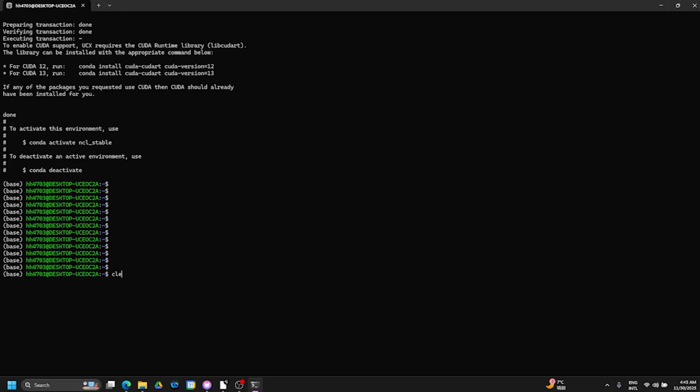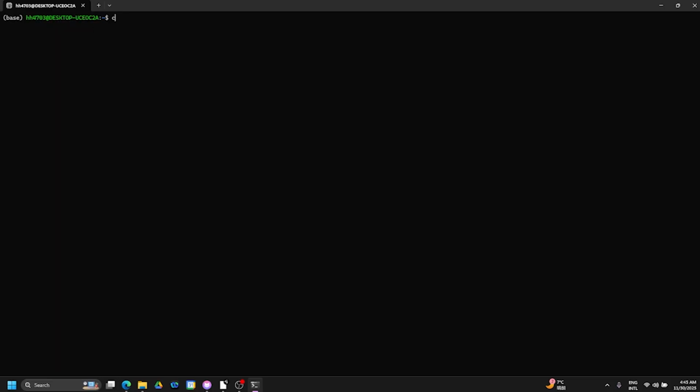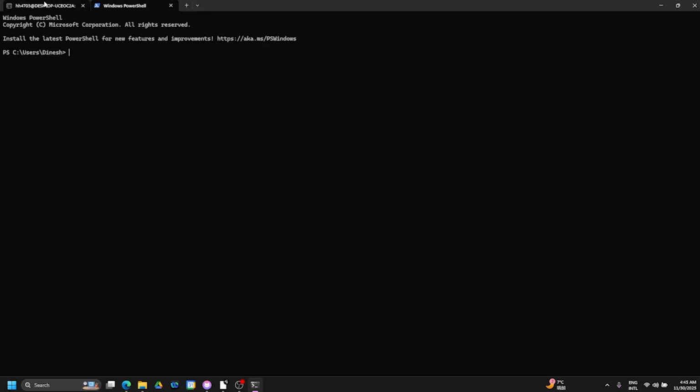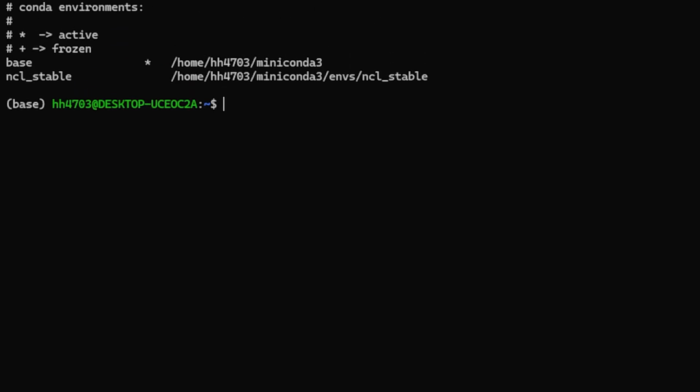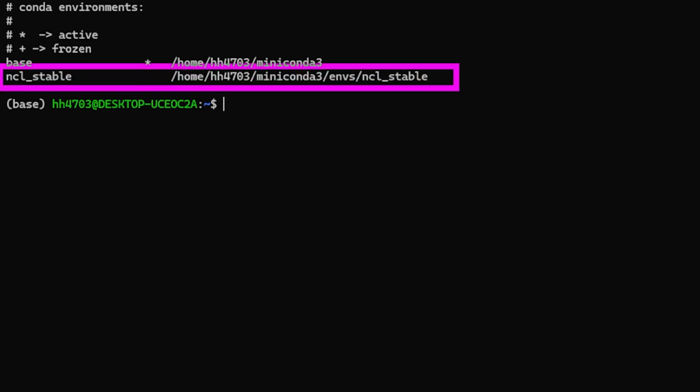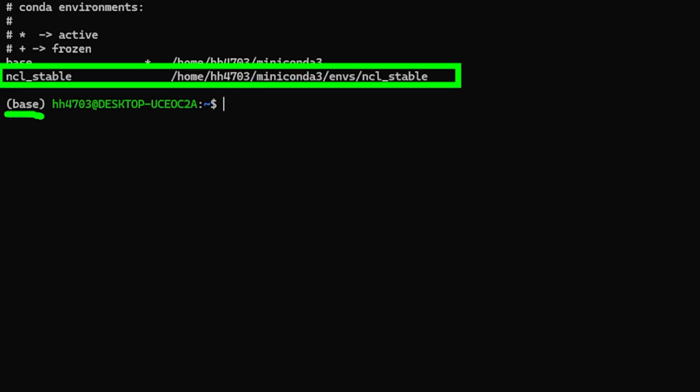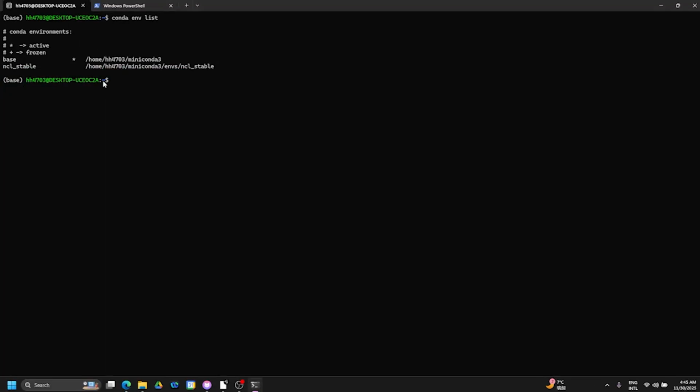So now I will type clear. If I type conda env list, you will see I do have one additional environment which I already created for NCL. So here you see the ncl_stable environment. Right now the activated environment is base. So I need to switch from base to ncl_stable to check whether the NCL installation is properly installed or not. So for this one I will type conda